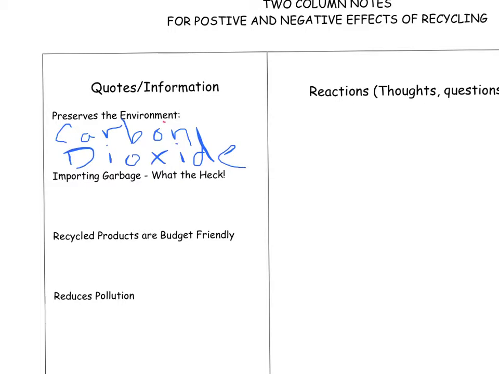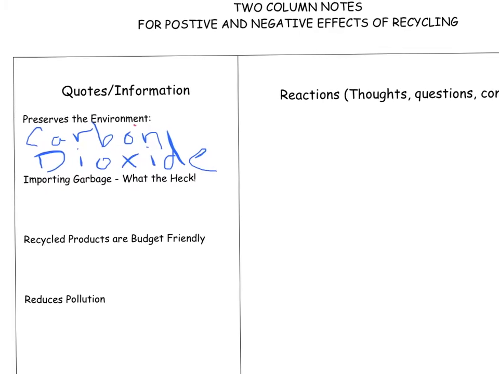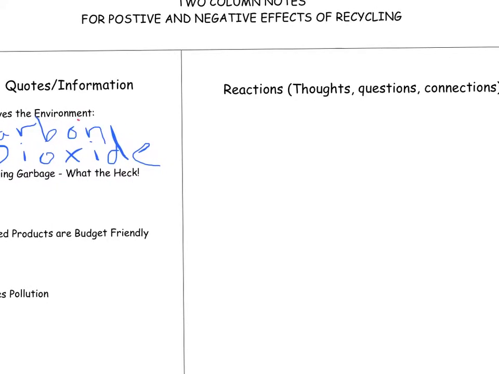Now I will come over to the second column, and what was my thought about that? What connection did I make? And I think, okay, if the trees are not there to take in the carbon dioxide, what is going to happen to me? And then maybe this recycling thing is really critical. The other connection, or the other question I had, is, are all countries requiring their citizens to recycle? So I'm going to write,